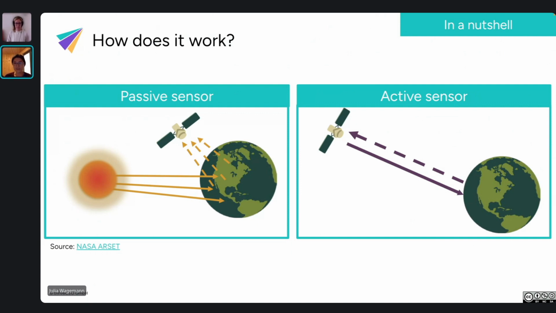Then there's also active remote sensing using active sensors. So bats, right? They're flying around, they're blind, but they use sound to navigate in the environment by emitting sounds, which then bounce off the objects back into their ears, and they can then navigate. Similarly, an active sensor will be shooting out, for example, laser beams at the Earth and measuring the time it takes for these lasers to bounce back. So this also is a way of active sensing. They also use other wavelengths, like microwaves, for this type of sensing.